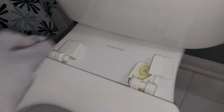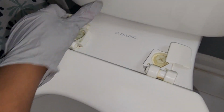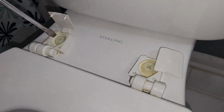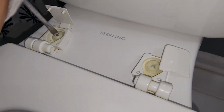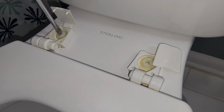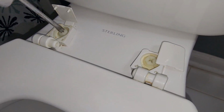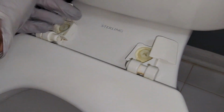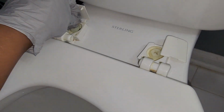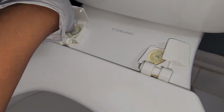So firstly, you have to take this out. I've already wiped my toilet with disinfectant or a spray as much as I can. So I'm just gonna take this out. Use a screwdriver to take this out so I can place the new one in. I'm wearing gloves because, you know, online people, you guys are brutal. This is my kids' toilet, so